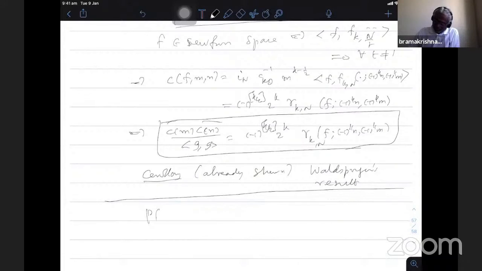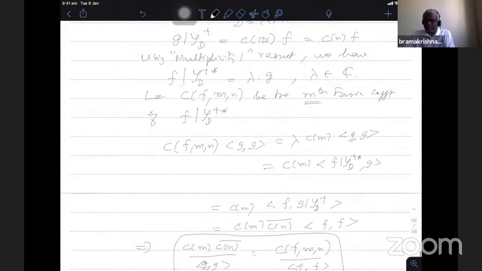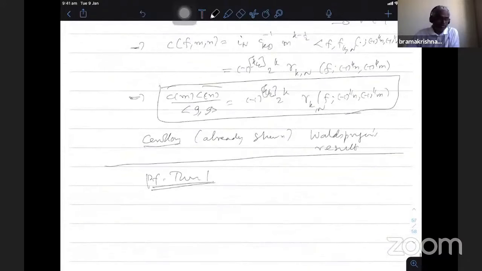Okay, so the proof of Theorem 1 is again a tedious one, so slowly we'll have to explain. The idea is to use the Fourier expansion on both sides and then expand it, and then somehow you have to prove that these two Fourier expansions are the same. So another tedious computation comes out.